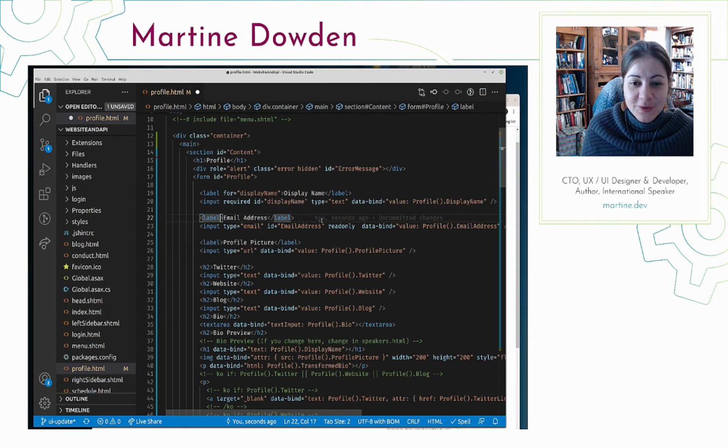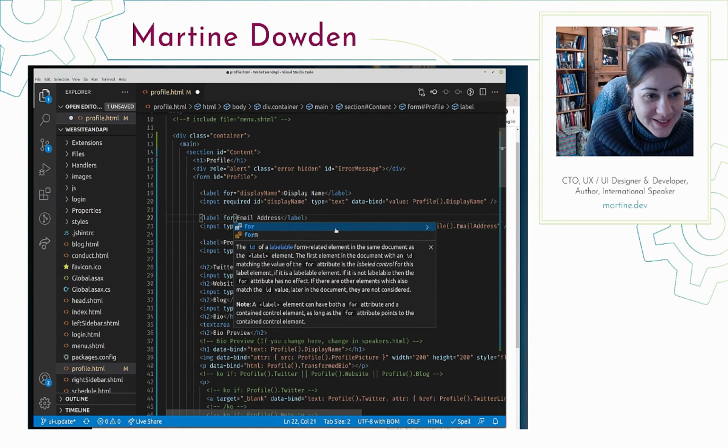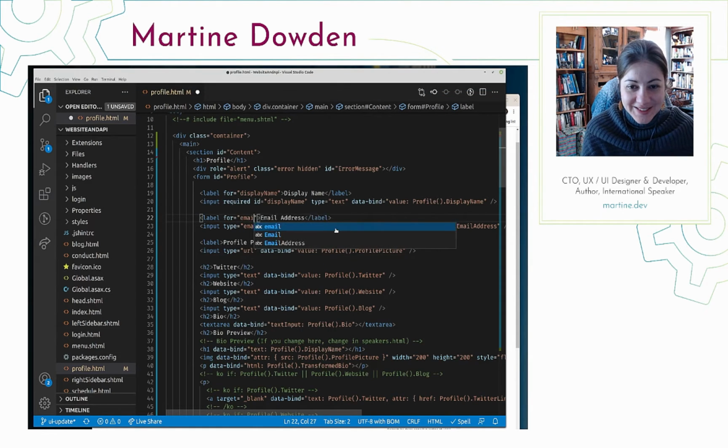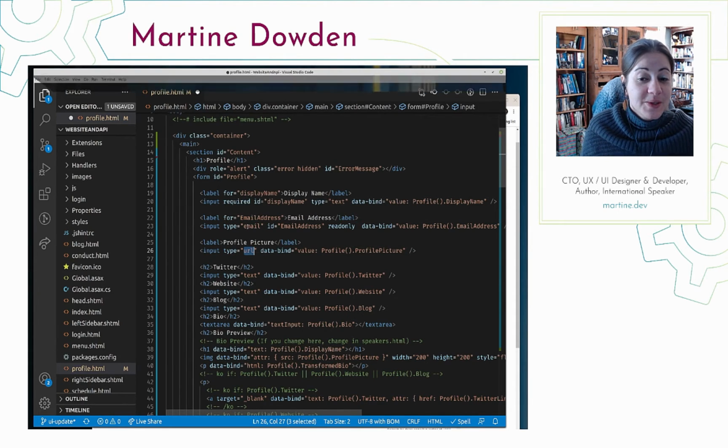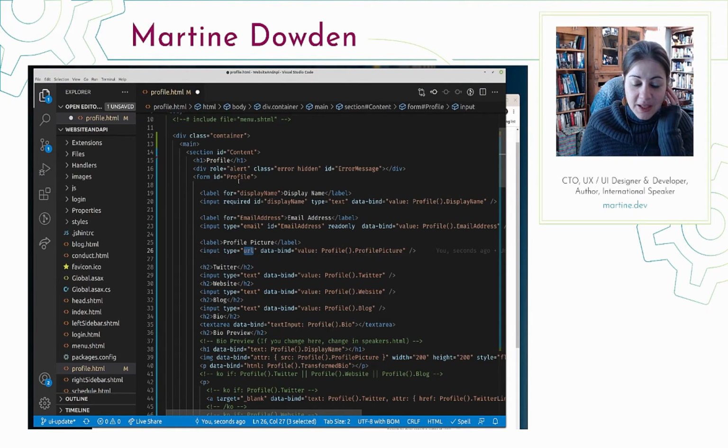So we forgot our for on the email address. Hold on. Important safety tip. Yes. For equals email address. There we go. So now we're going to give it a type URL. So what I was going with the types is like email and type, unless you set a no validate for your form in some browsers, Chrome, for example,